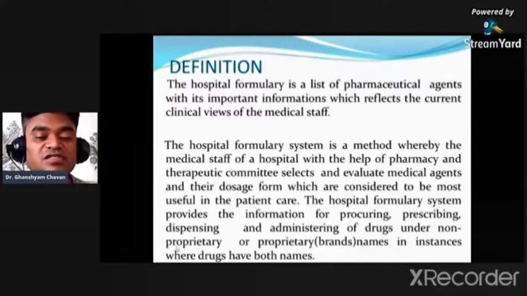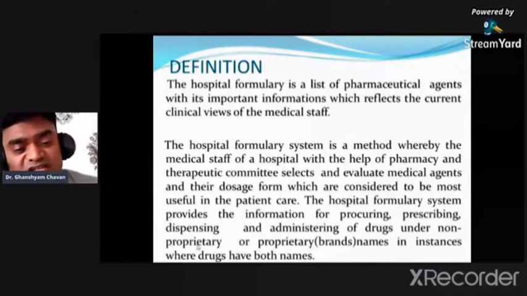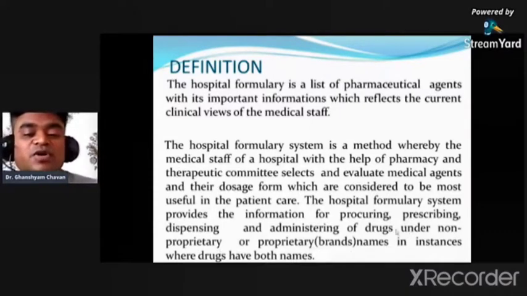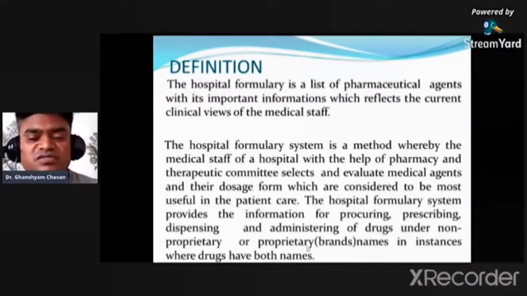Non-proprietary means the drugs which are obtained on loan license, or they don't have their own molecules, and these are the brands. For example, suppose Crocin is the drug, and if Crocin belongs to Glaxo, then it is a brand of Glaxo. It is a brand name. I am only giving an example. So like that, if the drug is on our loan license, or the drugs are generic drugs, they come under the category of non-proprietary drugs. So this formulary may ask for both types of drugs, because they have to think of branded drugs as well as non-branded drugs.